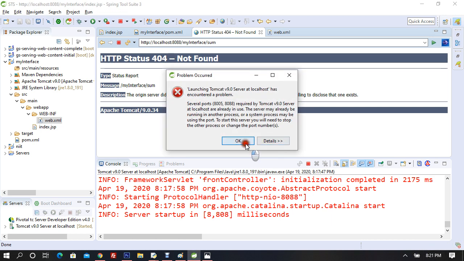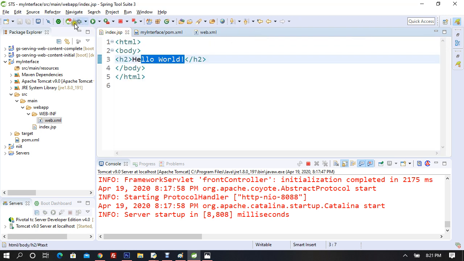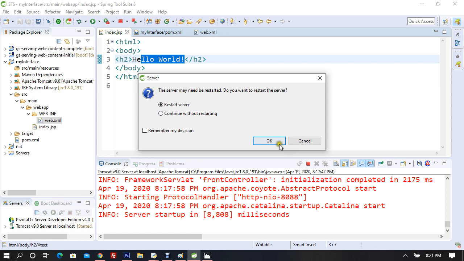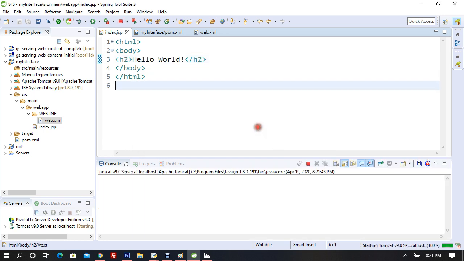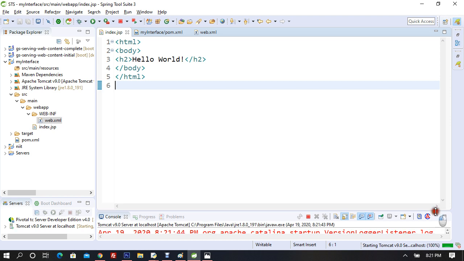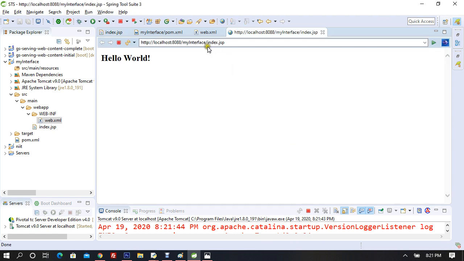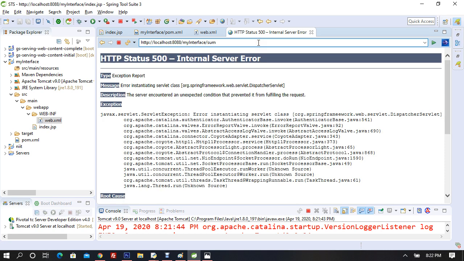Something is wrong with my Tomcat, so let me close it down. Go back to index.jsp, rerun it, restart server. Yes, I need to restart the server. Keep it here. This is the console. Alright, now the Tomcat server has started. Now if I just delete this index and say sum again, now we are getting